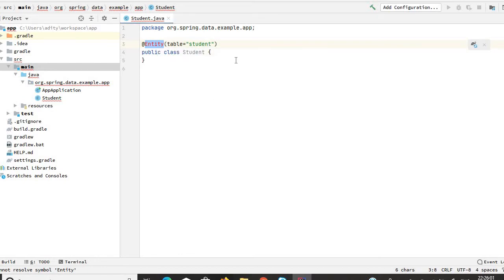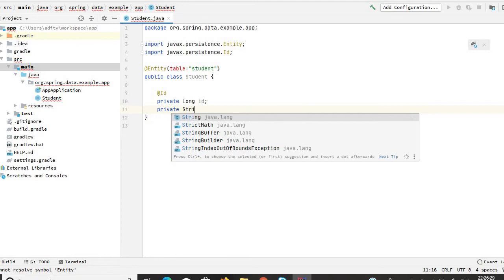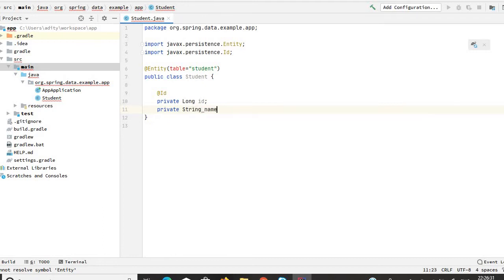I'll import the class. Now I have to create the ID. ID would be private long id, then private String name,